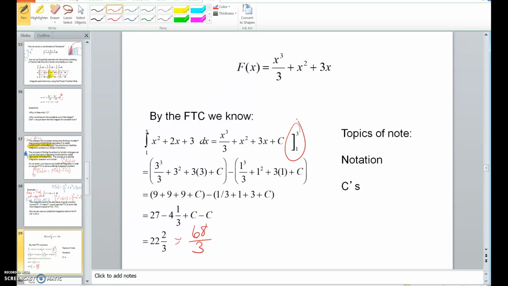And notice what happens to the constants of integration when we are doing a definite integration problem. So we had a plus c in this parentheses, and then when we subtract the antiderivative evaluated at the second value, so here we were evaluating at 3, and then we subtract the antiderivative evaluated at 1, you get a plus c and a minus c, and the c's cancel out. That happens for every definite integration problem. So the c's will always disappear. So your answer will not have a c in it for a